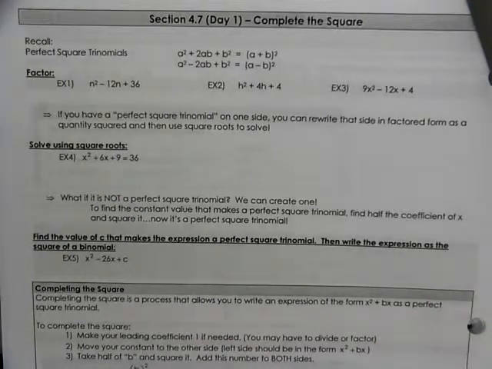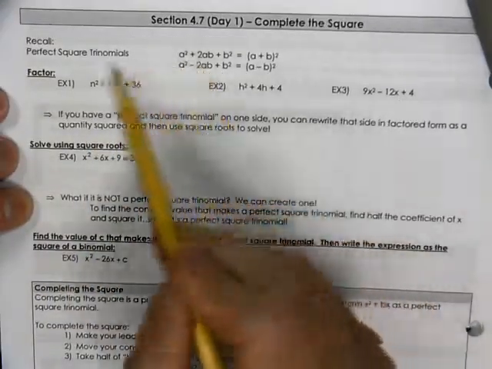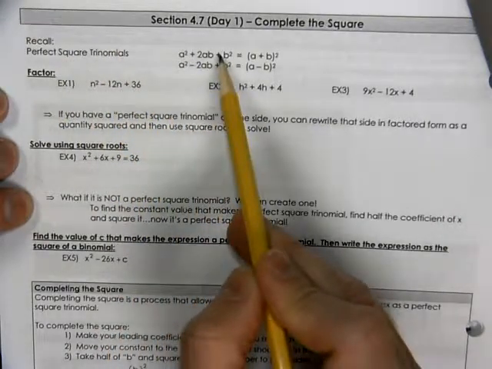This is Algebra 2 with Trig 4.7, Day 1. We're going to look at a concept called completing the square. It's another way to solve quadratic equations. We want to recall from the very beginning that there was a perfect square trinomial, and it had this pattern